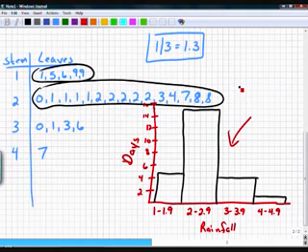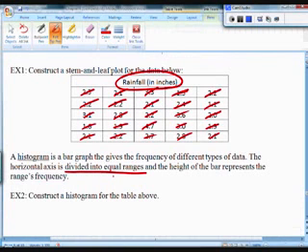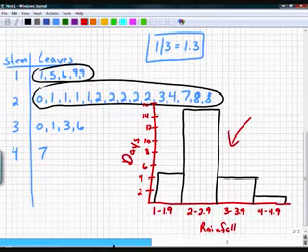Make sure too, if we did know where this information actually came from, that you put a title on your histogram the same way you do a bar graph. This is also very notable about histograms. Sometimes you just do it without even thinking, 1 to 1.9, 2 to 2.9. Make sure your ranges are all the same length. Don't have 1 to